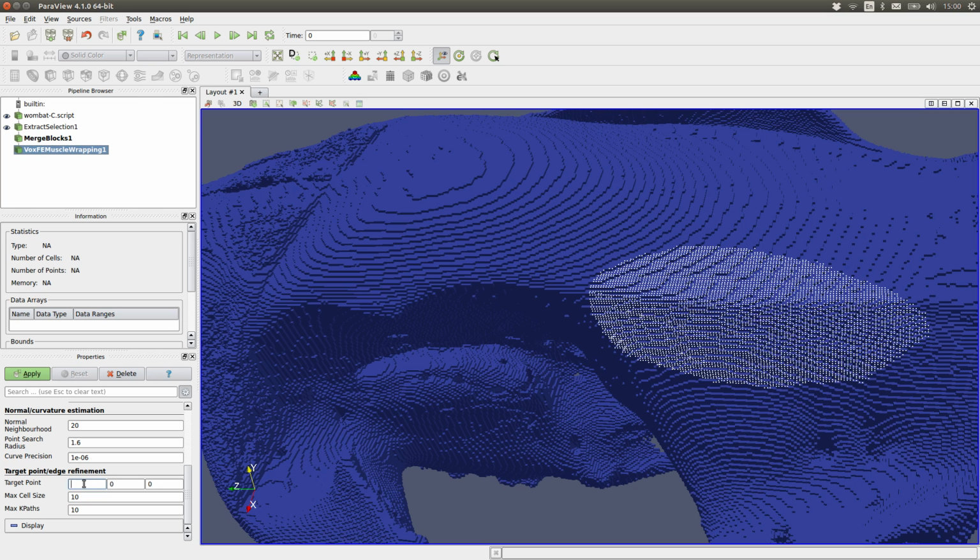I'm going to set this to 105, 26 and 80, and for this parameter I happen to know, I'll explain a bit later, that 0.84 is kind of reasonable. So if I apply this wrapping filter,